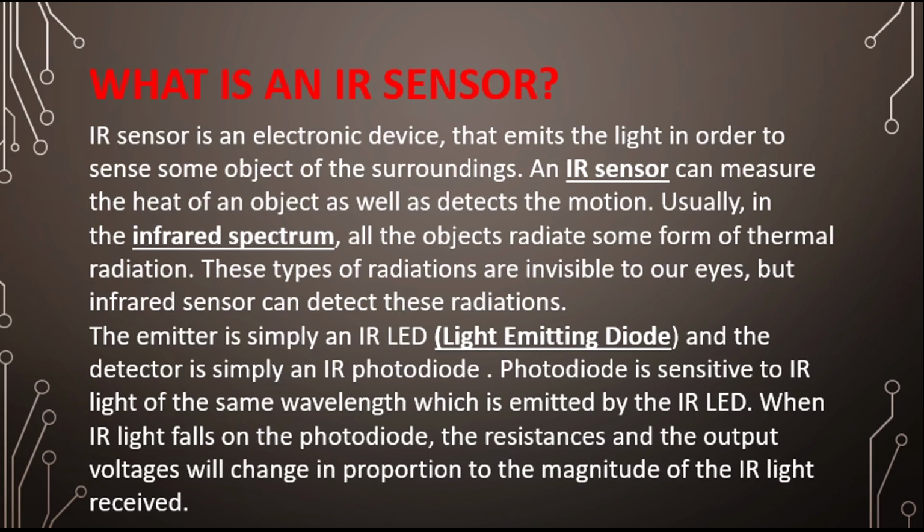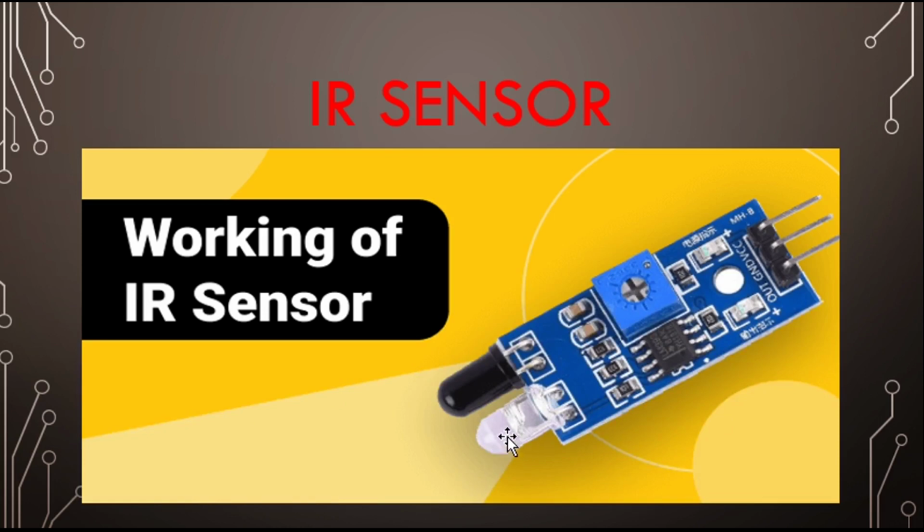So if you have seen the IR sensor, there are two things: the IR LED and the IR photodiode. This black one is the photodiode, which is the receiver for us. This LED emits light, which is infrared light, not visible to our eyes. That wavelength is not visible to our eyes, but it can be detected by the IR photodiode. Whenever the IR LED emits light and it is received by the photodiode, it changes the signal and magnitude of the energy, meaning it generates an electric signal